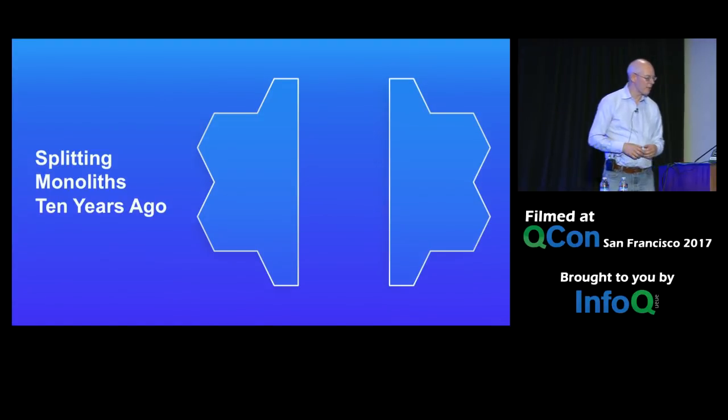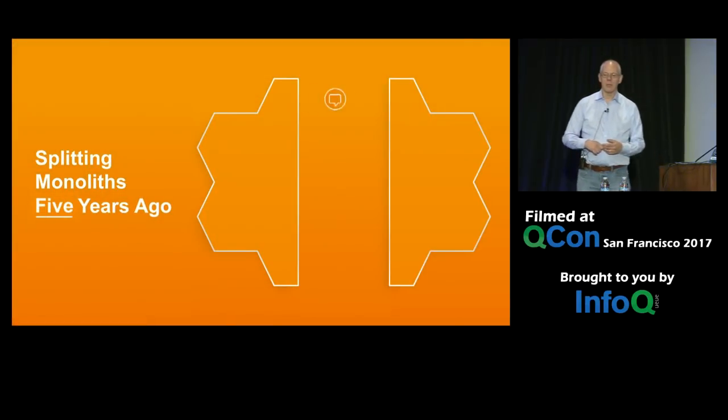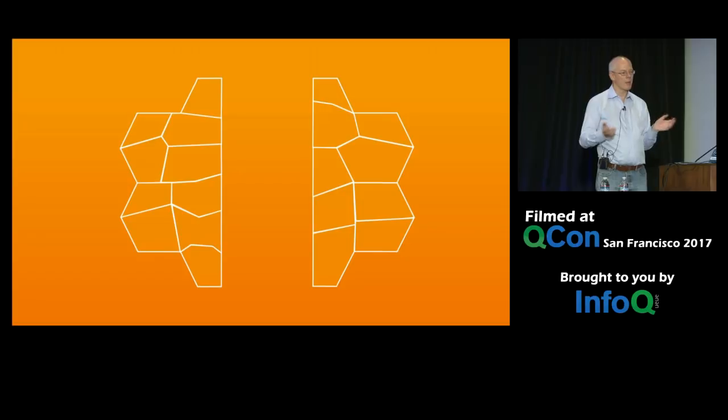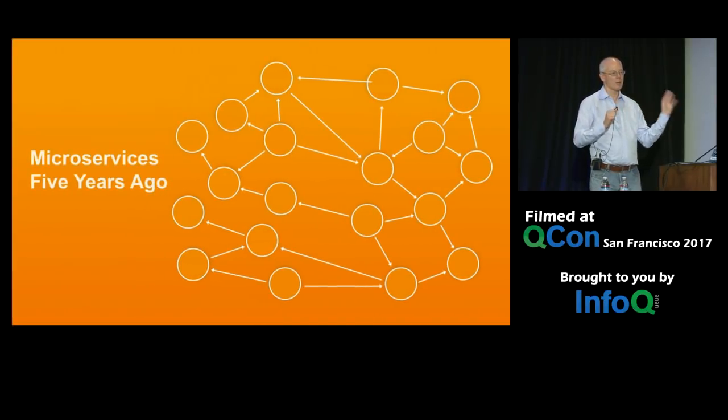Then, about 5 years ago, we sped things up a bit. We have 10 gigabit networks instead of 1. That helps. We have JSON and REST. We're actually able to break our application into chunks that do one thing at a time. Your bounded context is now a microservice that does one thing. It's got a few upstream consumers, a few downstream dependencies, and you really want it to try to do just a single thing. That means they're more testable and easier to reason about, and when they go wrong, it's much easier to figure out what went wrong, because this one service that does one thing is behaving strangely. So that is part of the whole migration here.